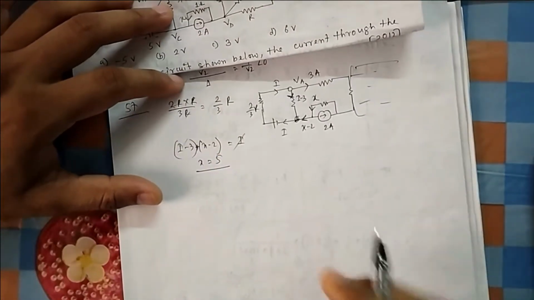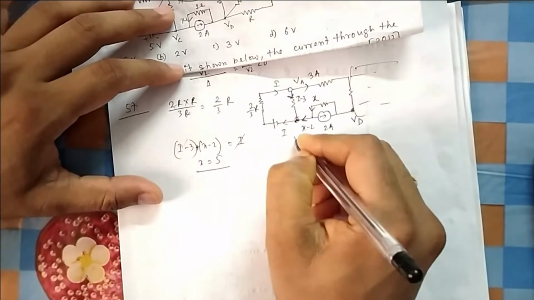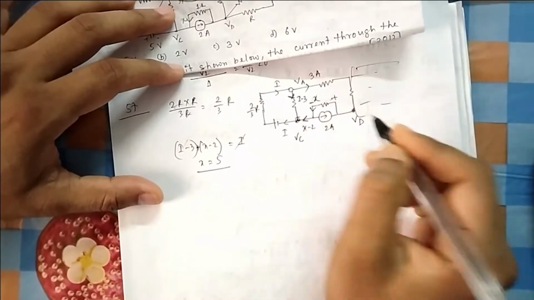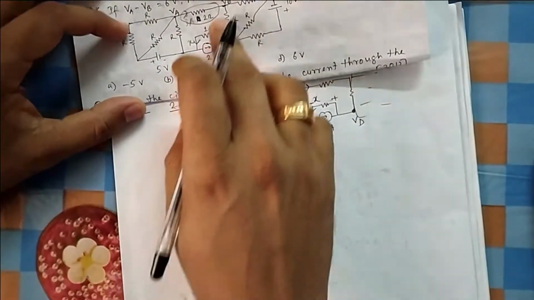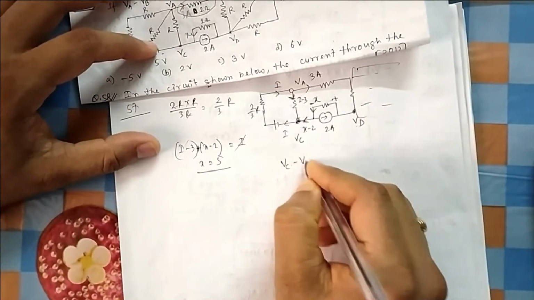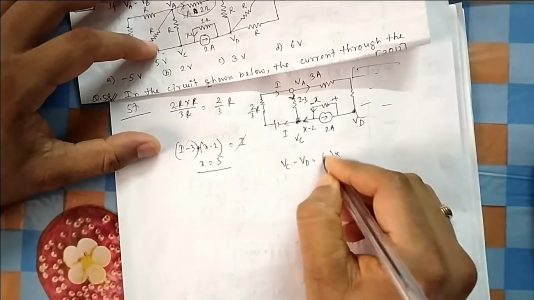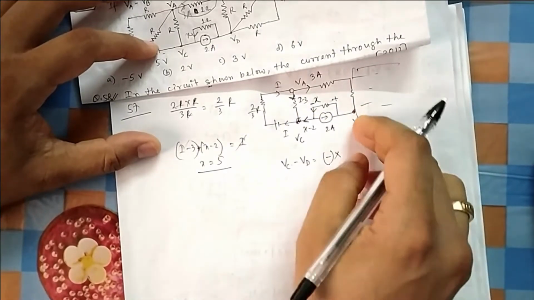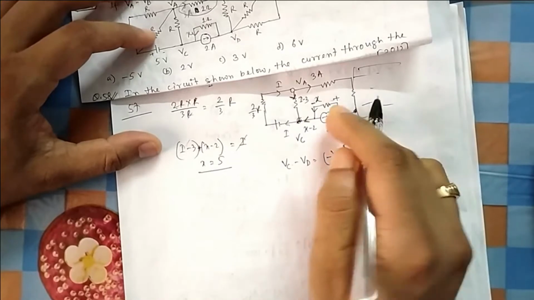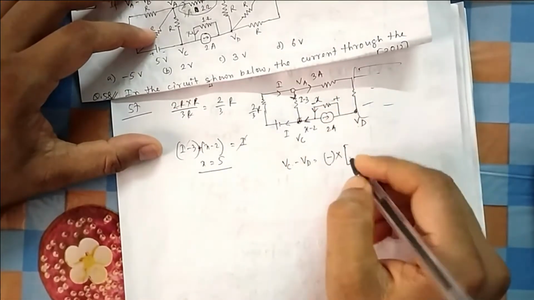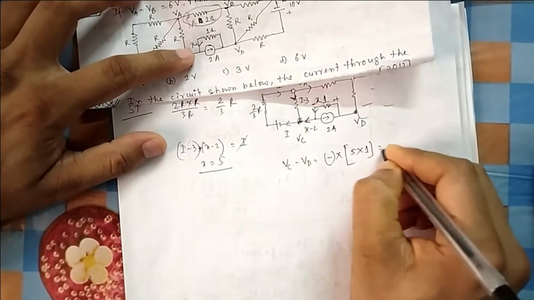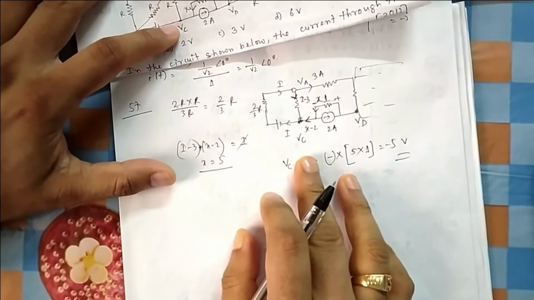So it becomes very easy now because X is 5 ampere, this is my VD, this is my VC. I always told you, if the current is going through a resistance, then that side is positive, this side is minus. So what will be the voltage difference VC minus VD? Obviously VD is at higher potential, VC at lower potential. So VC minus VD will be minus, because actually it is VD minus VC, but they are asking this one, so obviously minus will be there. And then the current is 5 ampere, and this is 1 ohm, so into 1. So it is minus 5 volt.